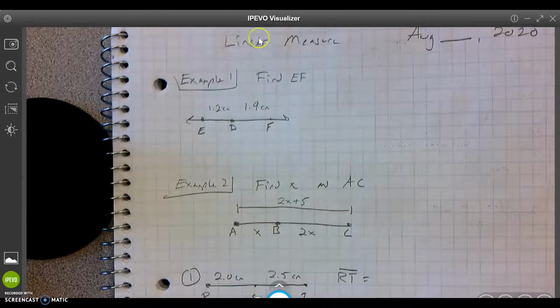All right, so here is my notebook. We are doing linear measure. See my cursor, and then it's August 2020, whatever day you're doing this. All right, so let us